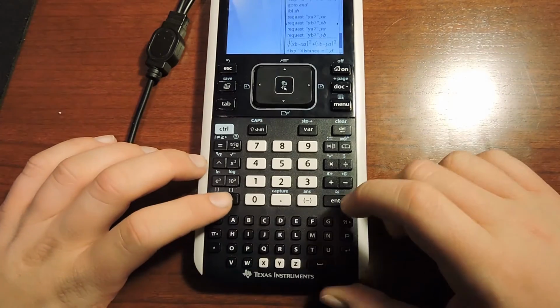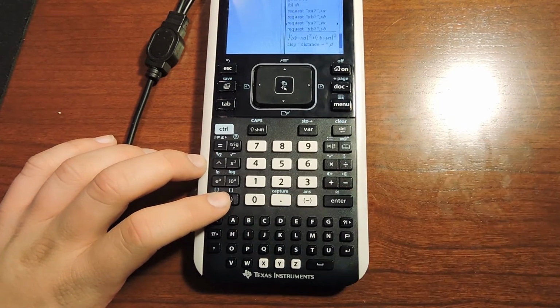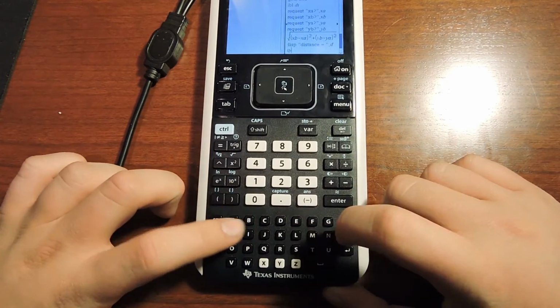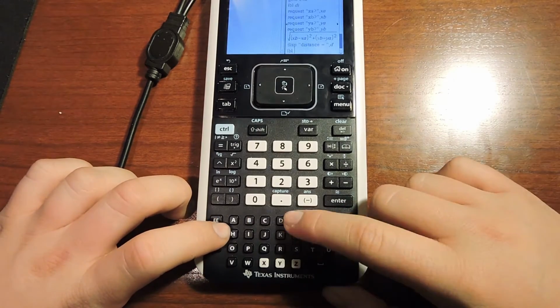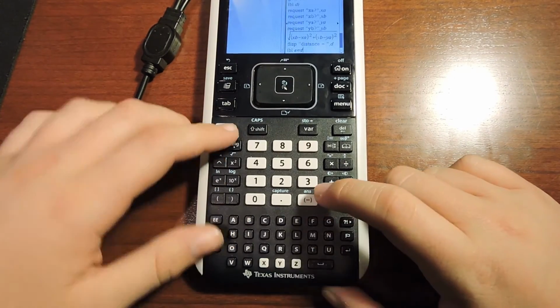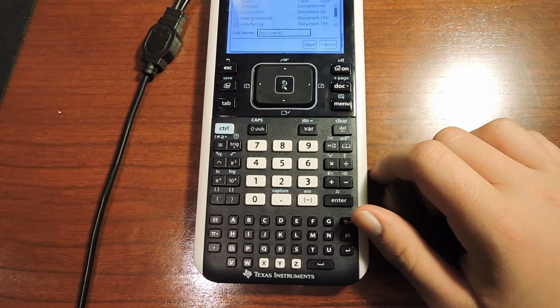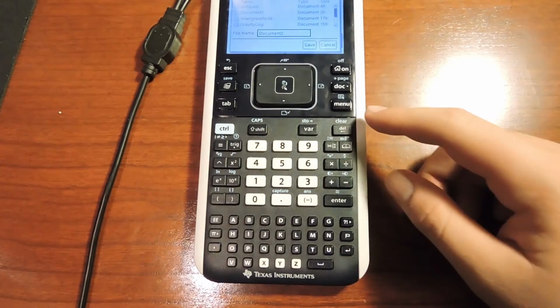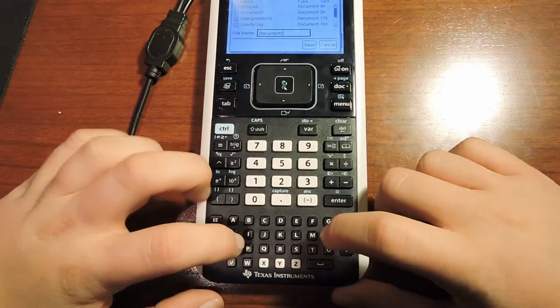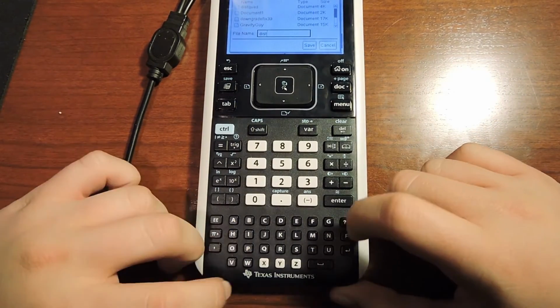And then finally, for the last line of code, you're going to have enter and LBL space end. Now you're going to do control and this little button over here, which will say save over it. And you're going to be able to save it. So we're going to call it distquad. So just type in distquad,